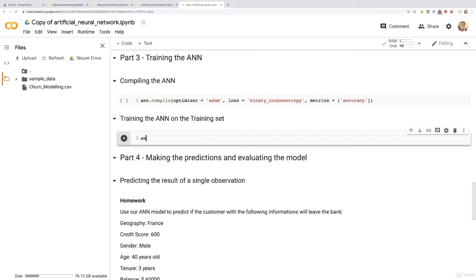Let's start with ANN first, our object, and then, according to you, what will be the method that can train your artificial neural network on the training set? Well, nothing has changed here, and actually I think I said it earlier in the course. The method to train whatever machine learning model is always the same one. It is the fit method, which will always take the same parameters. The first one is x_train for the matrix of features of the training set, then y_train for the dependent variable vector of the training set,